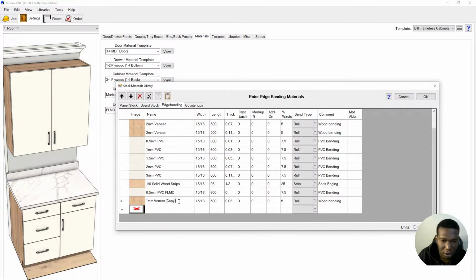It is a little bit easier to just have one edge banding material. So then for the thickness, let's just go with 0 so that we don't interfere with the door sizes. And then that is it. Okay,